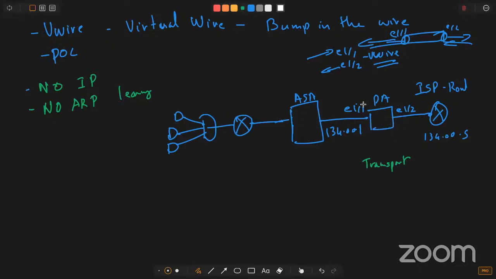So what it basically does is anything that comes through E1/1, you can set up zones for these. So I'll call E1/1 part of trust, and E1/2 part of untrust, and I'll set up policies. So typically what customers do is